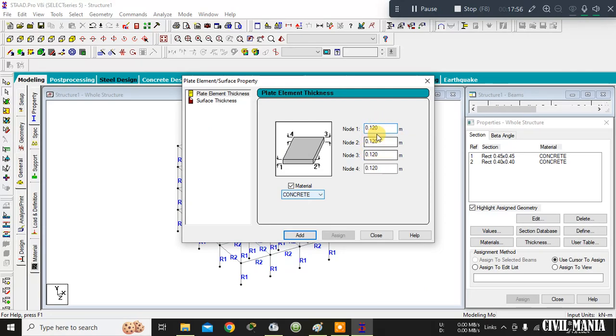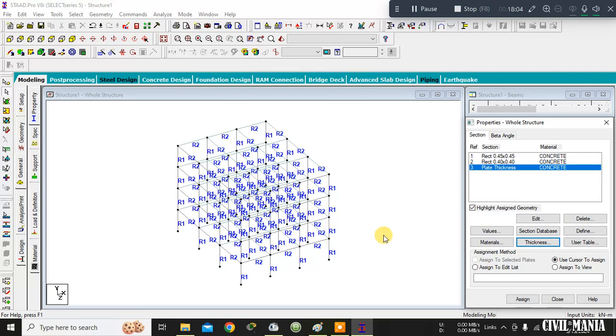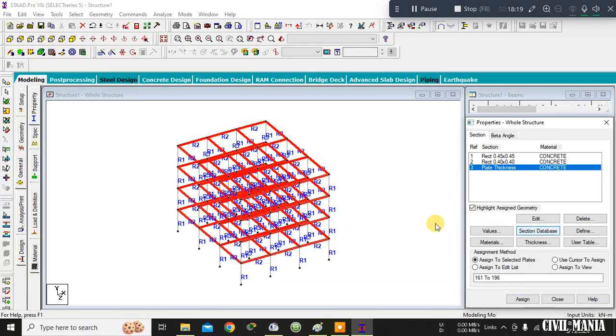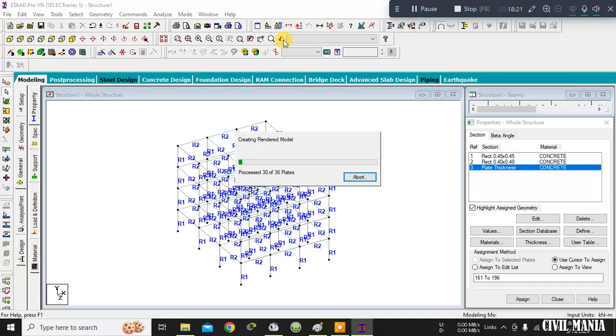So I have provided 120 here, and it will automatically get selected in all the nodes. Simply add it, close it. Now you have to simply click on this one. I have assigned this, but the third reference I have not assigned, so simply click on assign to view. I hope it's assigned. See,